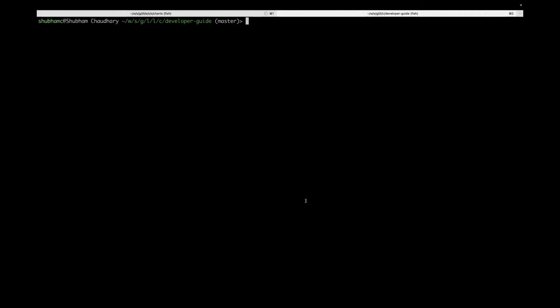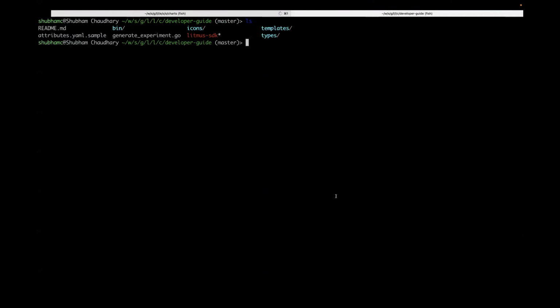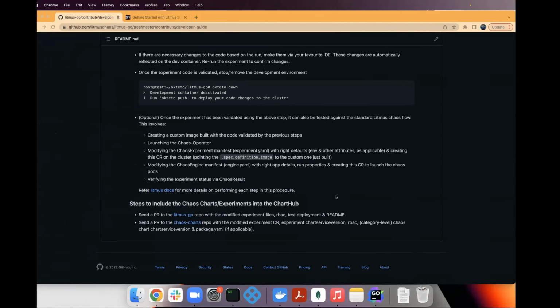Okay, I think I can go with the demo then. If it is a different library, then we have to use something different. The procedure is different. If it is not a Go library, yeah, I already mentioned in the beginning that for Ansible we have a different SDK, for Python we have a different SDK, and for Go we have this one.